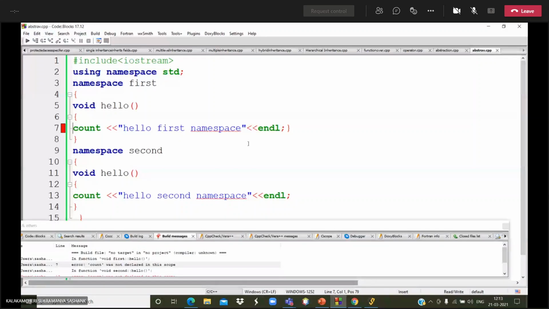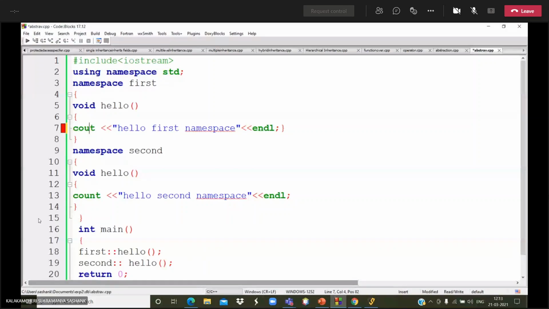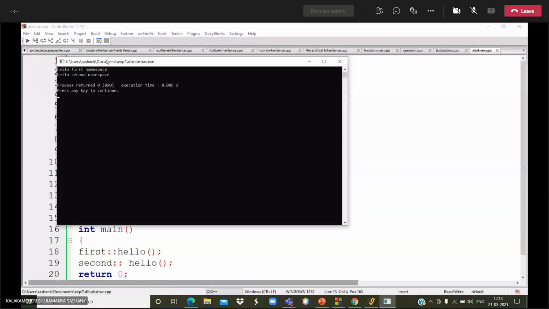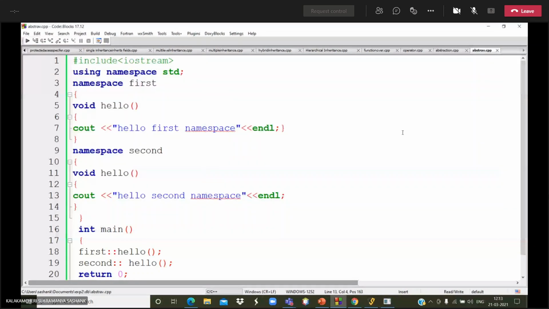See, simple. I got the output like hello first namespace and hello second namespace. You can abstract the data with the help of namespaces also.